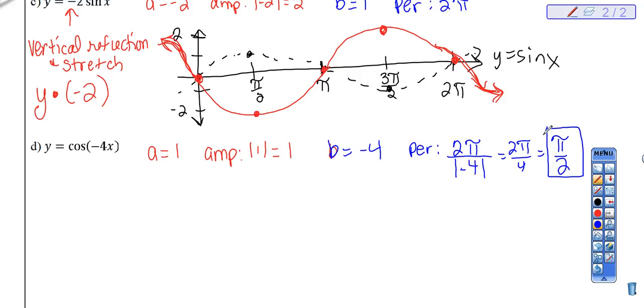Basically, what you're doing is you're taking and horizontally compressing your graph and shrinking it. So just a real quick note, we have a horizontal reflection because it's negative, and compression